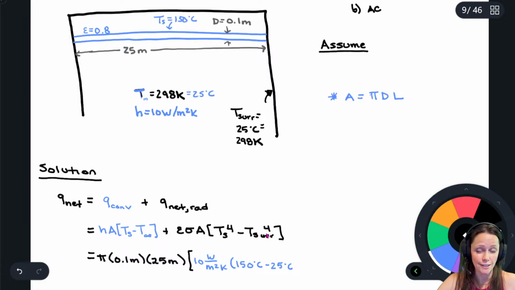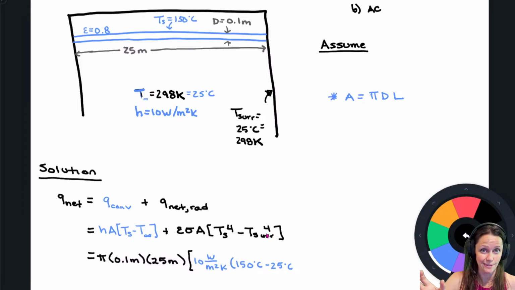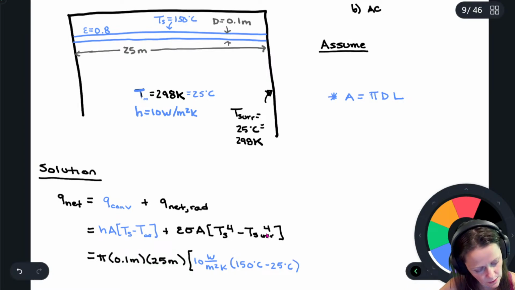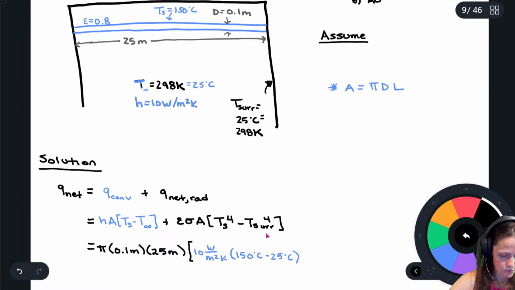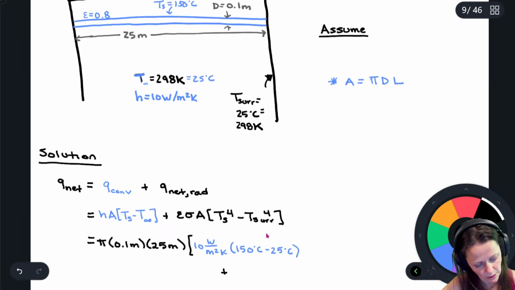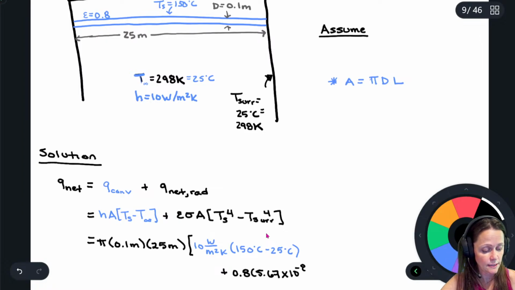I could have converted it to Kelvin, but it doesn't really matter because a delta T in Kelvin is the same as a delta T in degrees Celsius. Okay, so that's the convective term. I'll bring the other one down here so my head doesn't get in the way. So I've got epsilon, the emissivity 0.8, times 5.67 times 10 to the negative 8 watts per meter squared Kelvin to the fourth,